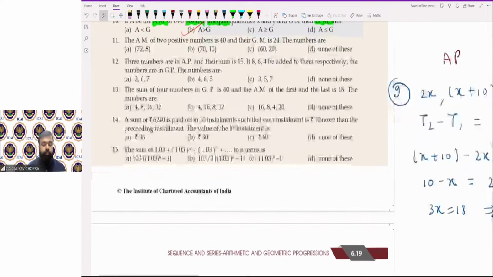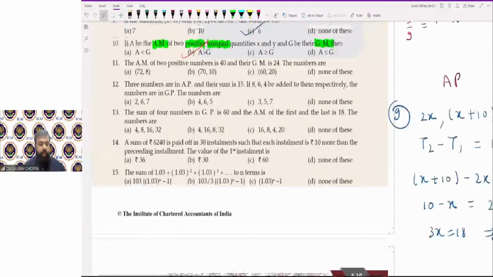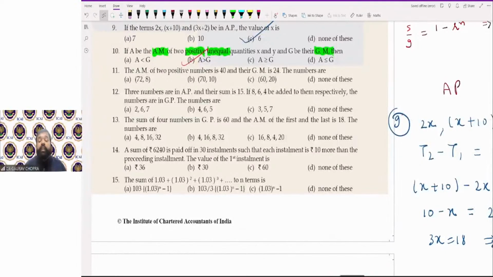Then the next one. Let's try this time. 11. Arithmetic mean of two positive numbers is 40 and geometric mean is 24. The numbers are. Then you have to find out the numbers. So according to option, you can simplify